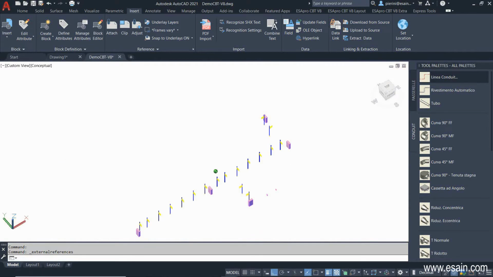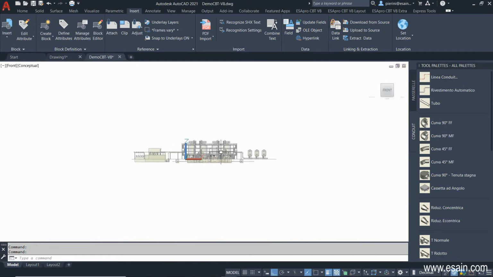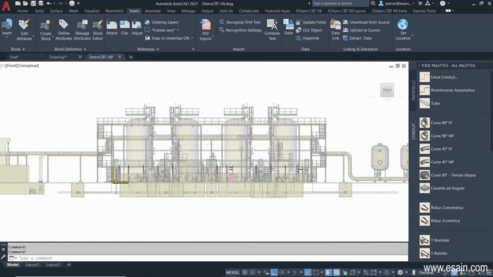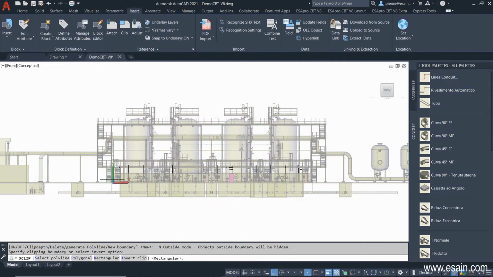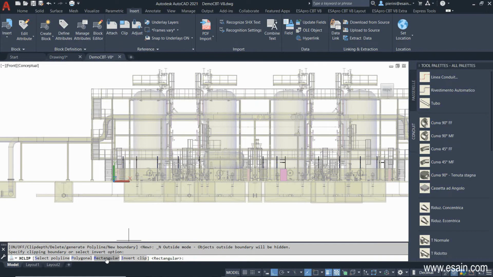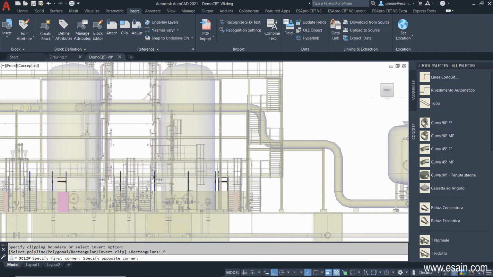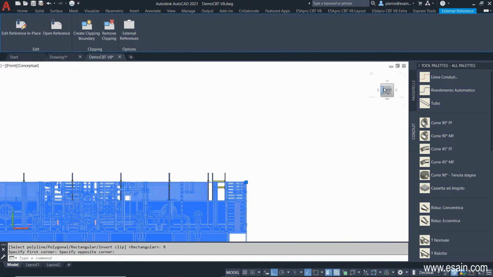When you're working on tricky models, there may be a need to simplify visualizations. In AutoCAD, there is a possibility to clip an external reference. Clipping an external reference helps you to focus the working area. Then we create a rectangular clipping box, which starts from the left and comes exactly under the grating. In this way, we're going to exclude all the objects outside this volume. Now we're ready to get started.